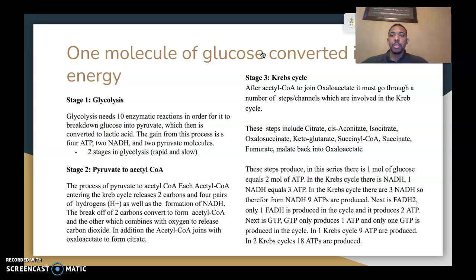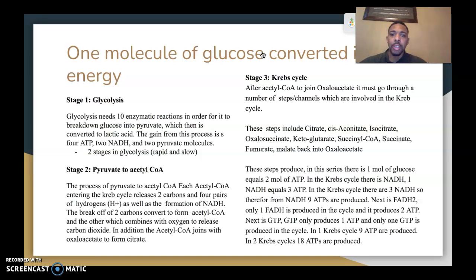So, to begin this process, I'll be talking about the 1 mole of glucose converted into energy, or as we know it, ATP. Glycolysis needs 10 enzymatic reactions in order for it to be broken down from glucose to pyruvate, which then is converted in phase 1 into lactate or lactic acid. This is when